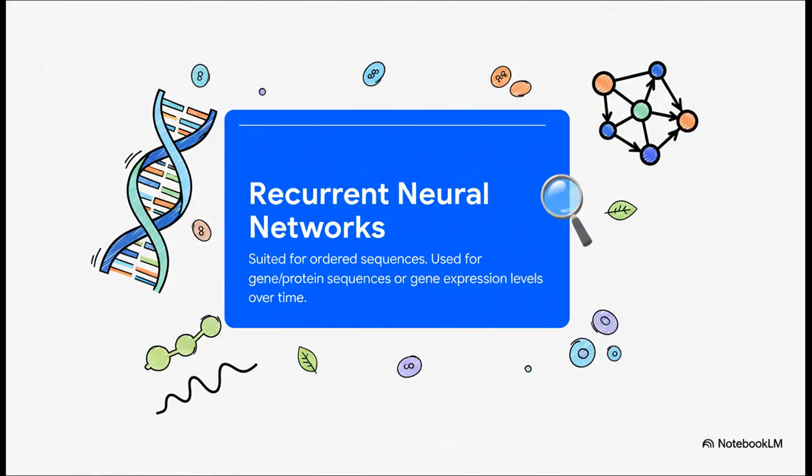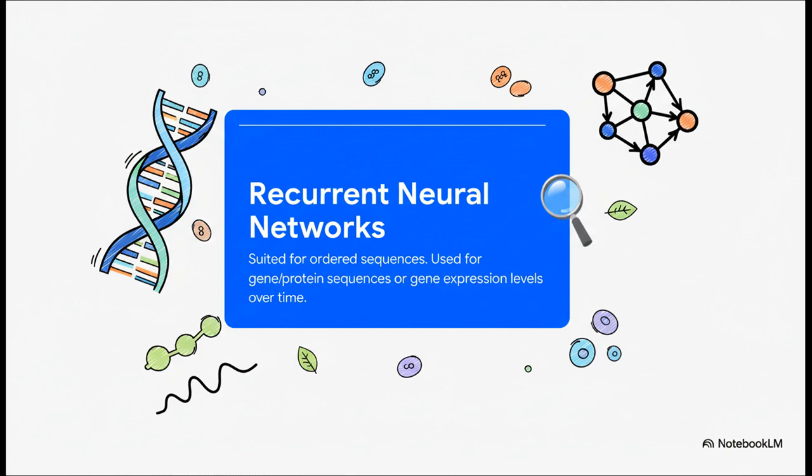Okay, next up, what about data that comes in an ordered sequence? Well, for that, recurrent neural networks, or RNNs, are the tool of choice. Their whole design is built to process information where the order really matters. This makes them perfect for analyzing things like gene or protein sequences, or for tracking how gene expression changes over